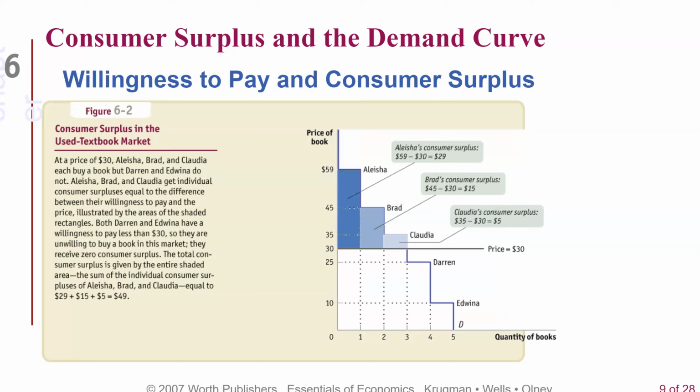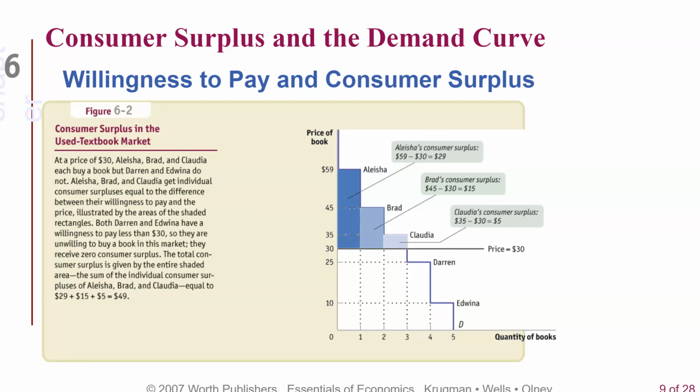So if we look at the price tag, in this textbook it is actually $30, and at $30, notice Alicia has a consumer surplus of $29 because she's only paying $30 instead of the $40 we had talked about earlier. Now, Brad also has a consumer surplus. He's buying this book for $30. He was willing to pay $45, so he is actually going to have a consumer surplus of $15. And Claudia, $5. Now, Darren and Edwina are still out in terms of their willingness to pay, so they're either going to have to raise their price in terms of what they're willing to pay, or they're going to have